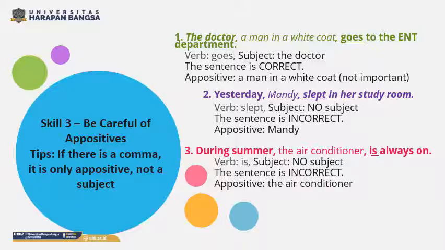Yeah, the sentence is incorrect. Why? Let's see the reason. We have the verb is, and unfortunately there is no subject. We have a noun here. Ada noun sebelum verb, the air conditioner. But let's see. The air conditioner is,